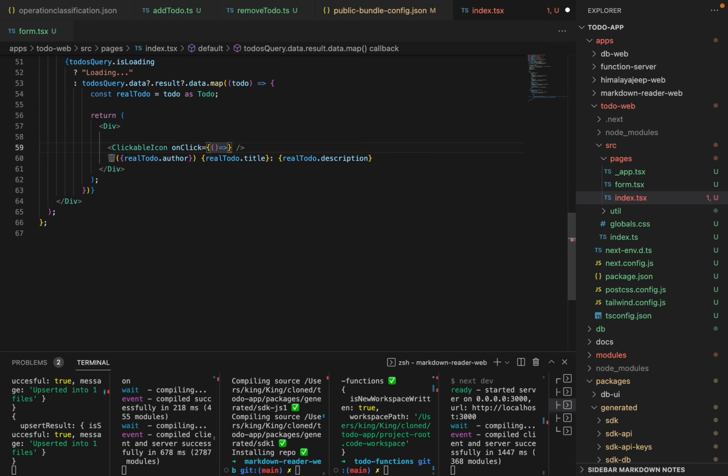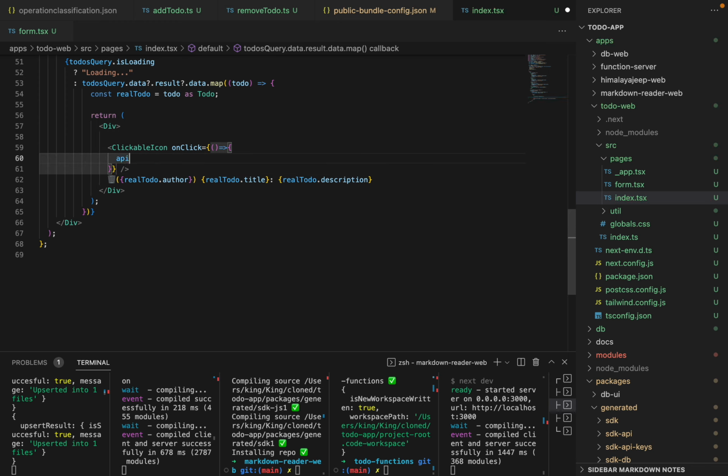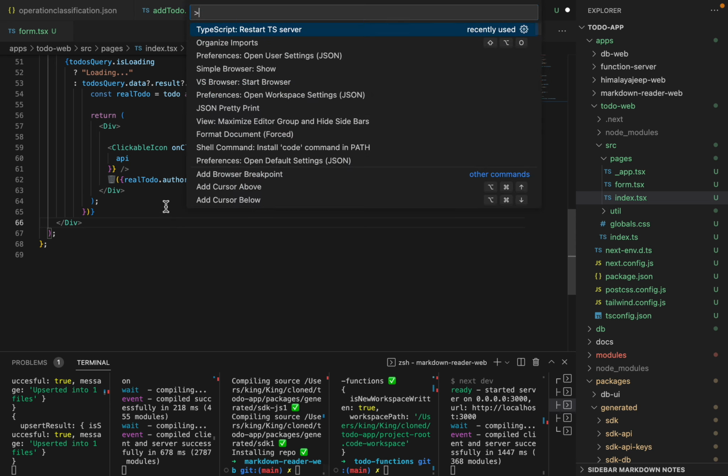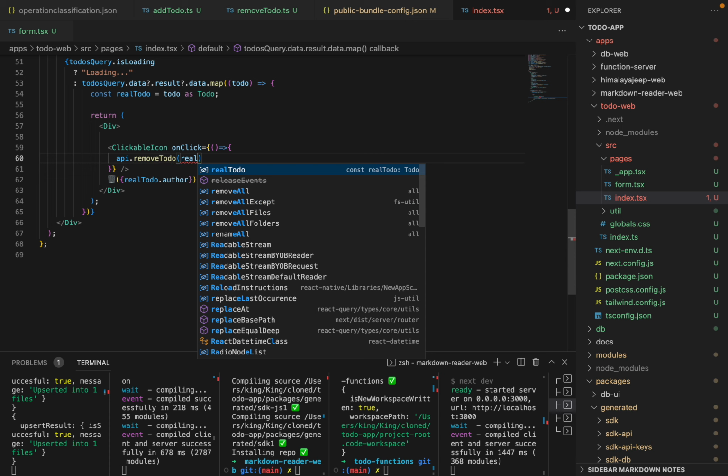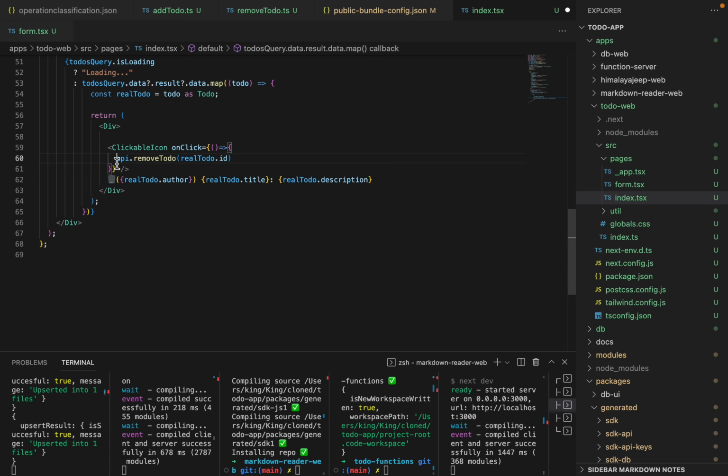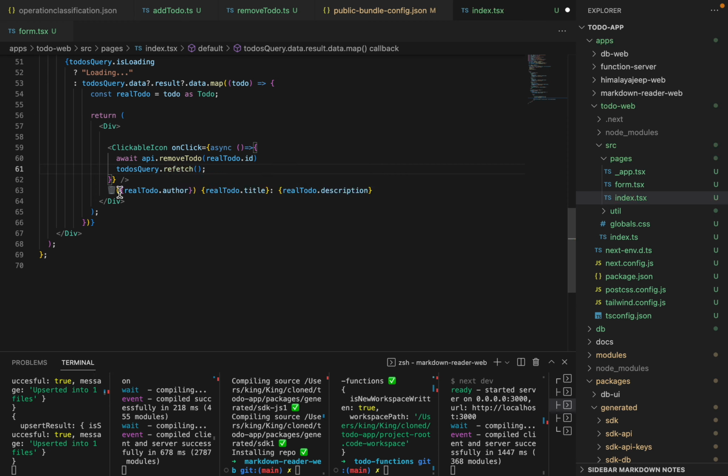We can say if you click on that, we want to call API.remove with realTodo.id, right? And then we want to make sure that after that's done, the to-dos are updated again. So we need to call todoQuery.refetch, because this is React Query. We can just do that immediately, like that. So emoji equals this one,